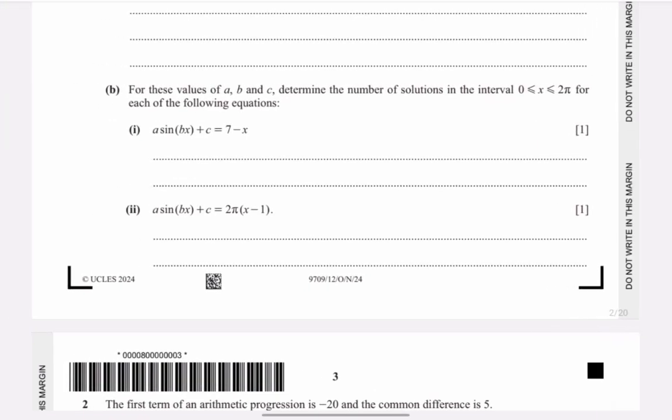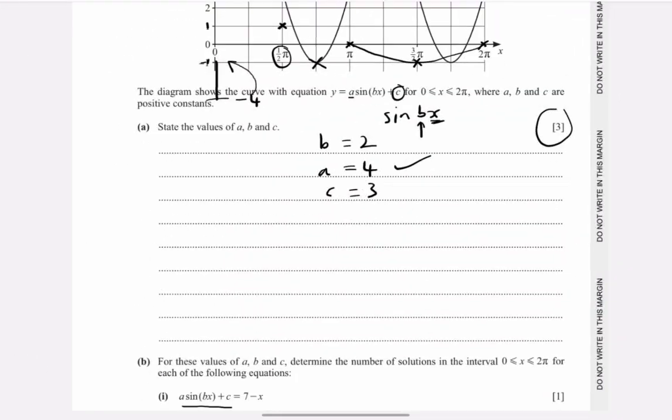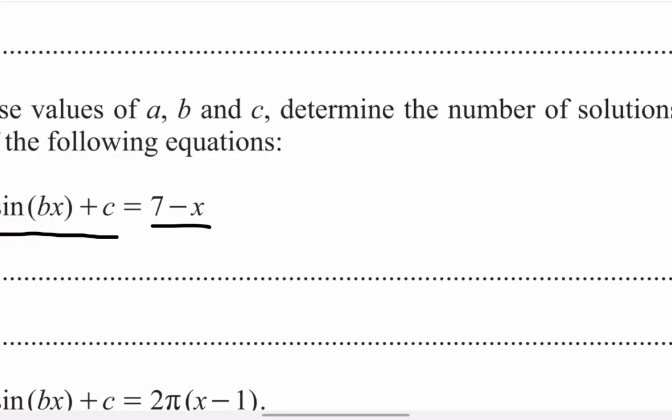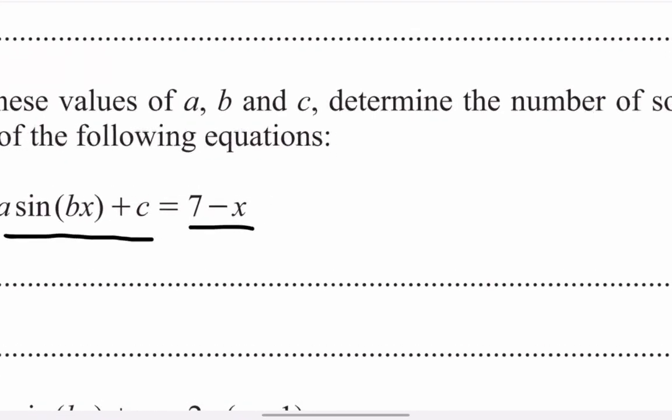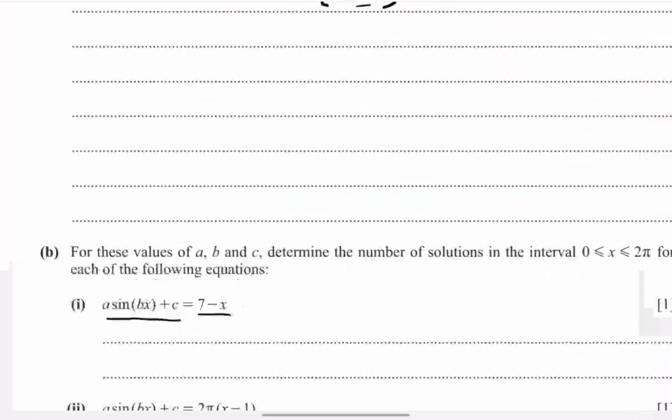And for part B, it says for these values of a, b, and c, determine the number of solutions in the interval from 0 through to 2 pi for each of the following equations. And we're given a sine bx plus c, which is the one we're dealing with, and part A being equal to 7 minus x. So it's good to understand that the graph that we have on the diagram there is